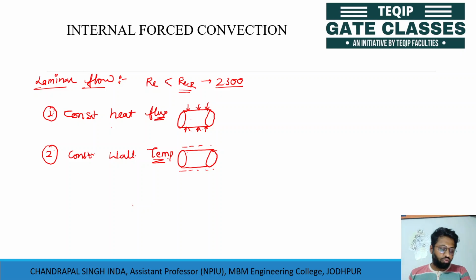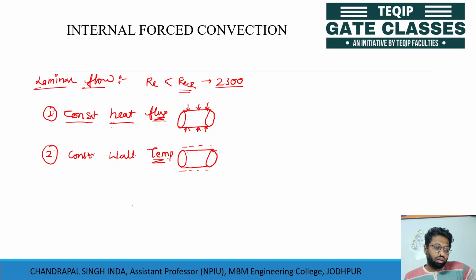A constant wall temperature condition can be achieved when the pipe is surrounded by latent heat, meaning by steam, where the latent heat is in action. So this condition can be achieved only when there is condensate water. Now let's have the empirical relationship for the constant heat flux. Whenever the constant heat flux condition is achieved by a pipe bounded by an electrical circuit, and we continuously give a constant current, the heat is constant throughout the wall.